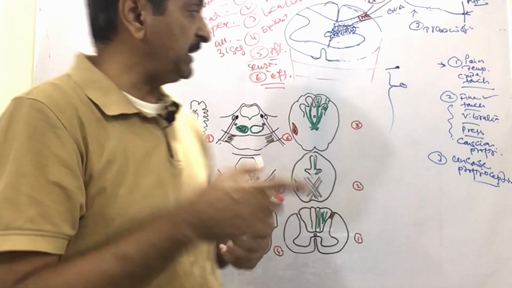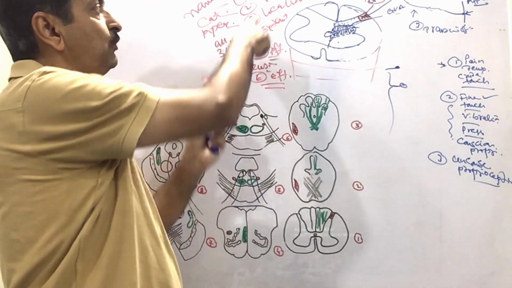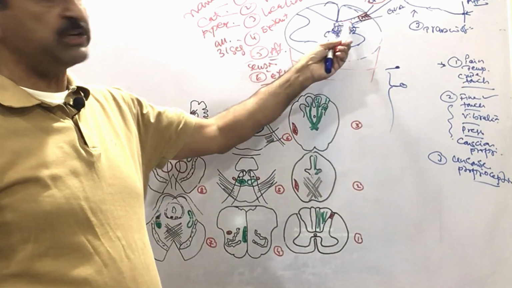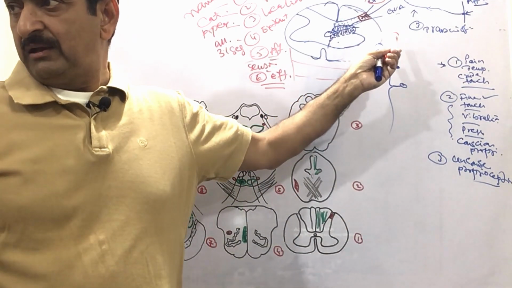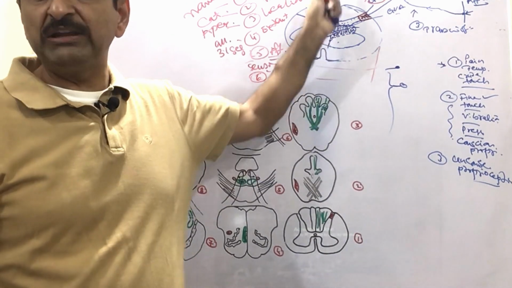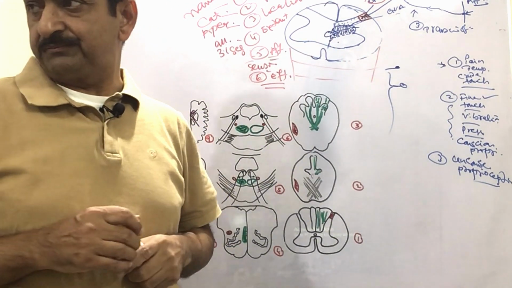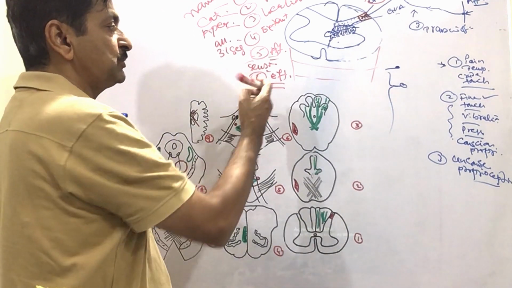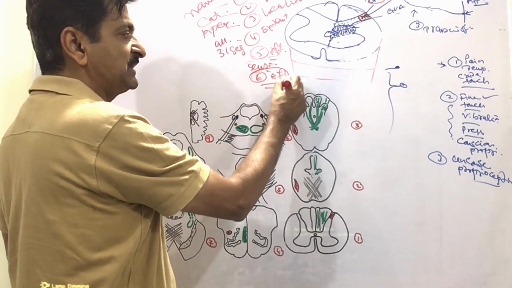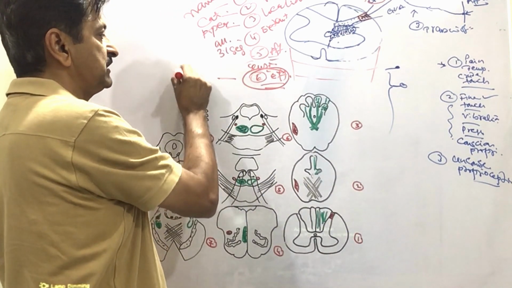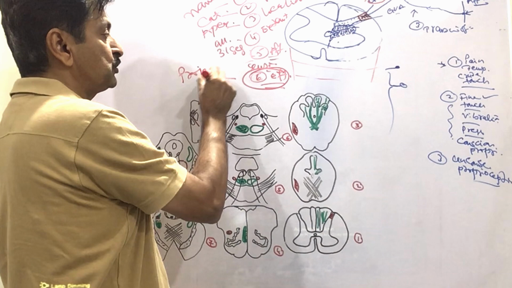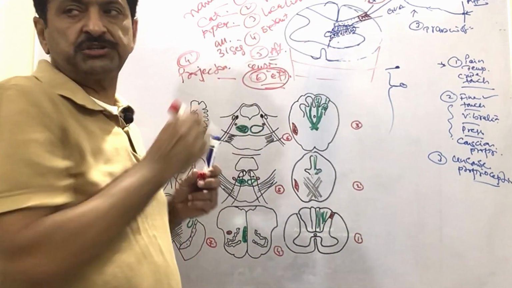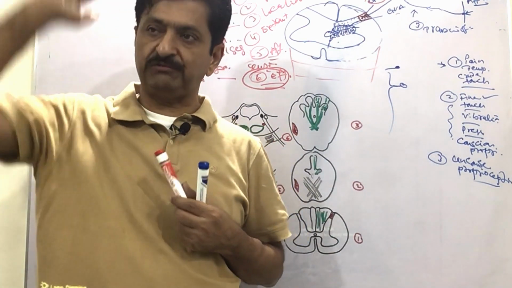But that's not enough. Who will be carried through that? Who will be forming the tract? The efferents of the substantia gelatinosa cells. The cell body is in the substantia gelatinosa, and the axons are traveling through, and this process is called a projection. The projection is something that will be carried by the efferents. This is my fourth process, after these three, the projection through different parts of your central nervous system.